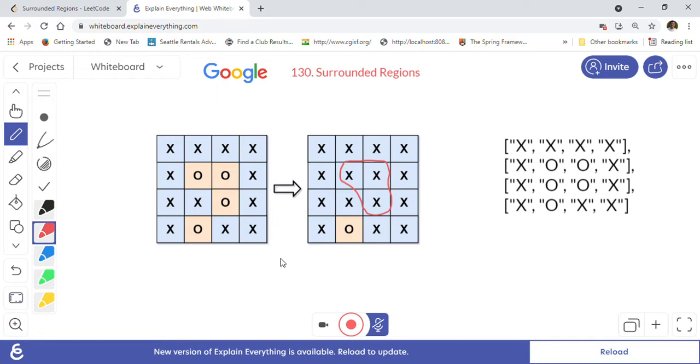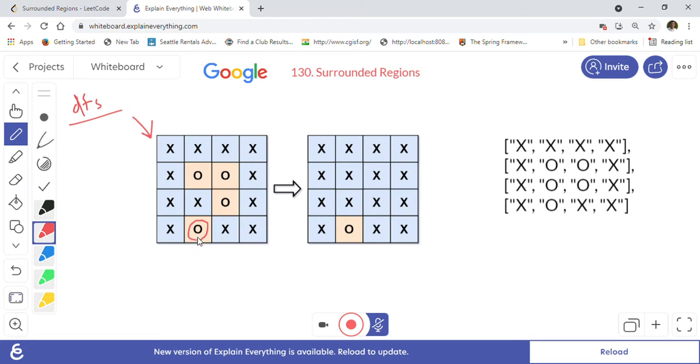To solve this problem, we are going to use DFS on the two-dimensional matrix, depth first traversal or depth first search. How we will do it is we will traverse this matrix from the beginning, and we will only consider the O's which occur on the boundary. In this case, the only one occurring on the boundary is this O. So this is the one that we will consider. Otherwise, these X's we will just not consider.